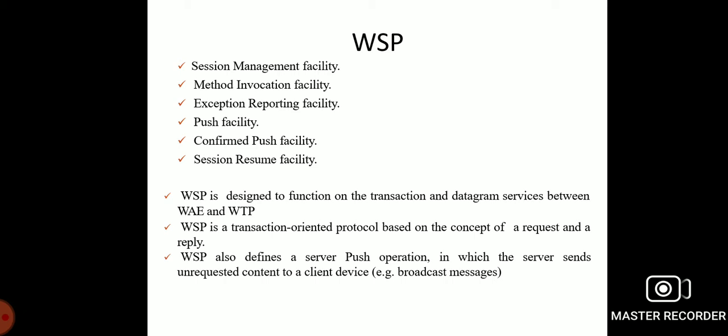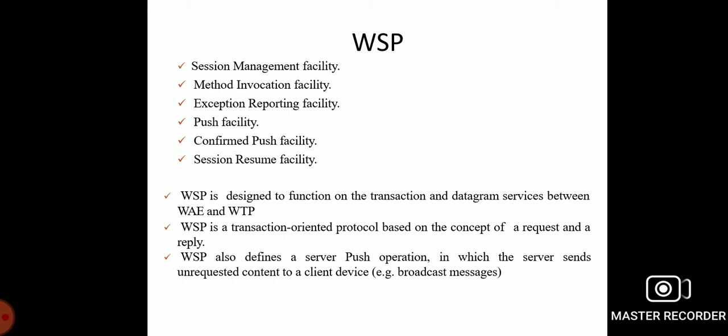The push and pull data transfer: pulling data from a server is supported by the Wireless Session Protocol browser using the request and response mechanism. It supports three push mechanisms for data transfer.